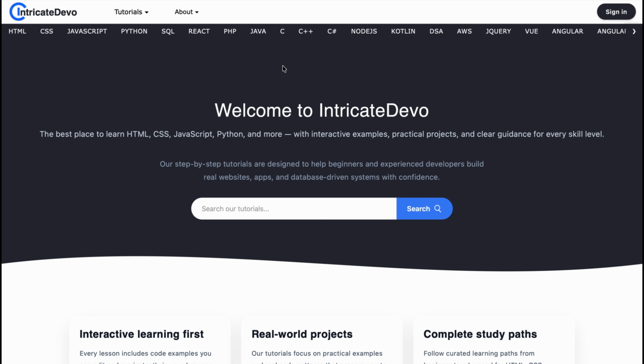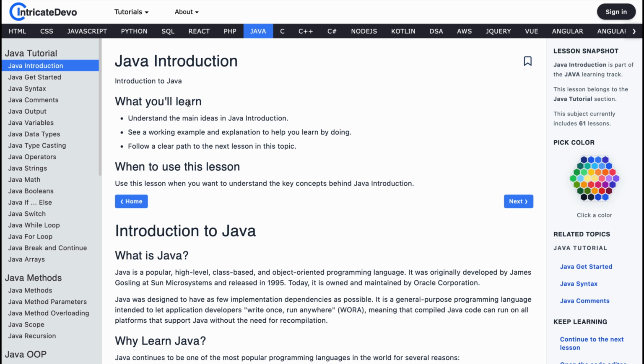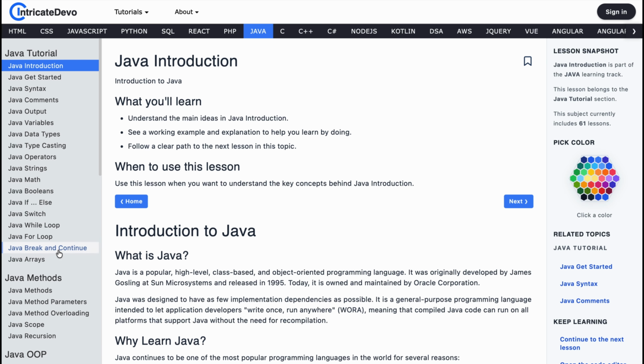If you had to store the names of 50 different cars in your code, would you create 50 separate variables? If you said yes, stop right there. You're making your computer and yourself work way too hard. Today we are cracking open Java arrays, the smartest way to bundle multiple values into a single variable.